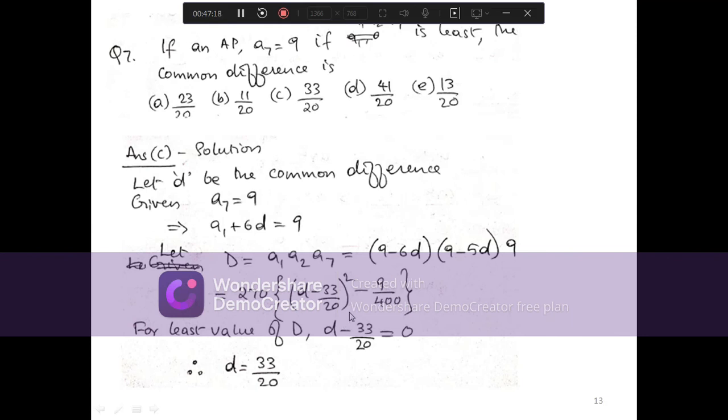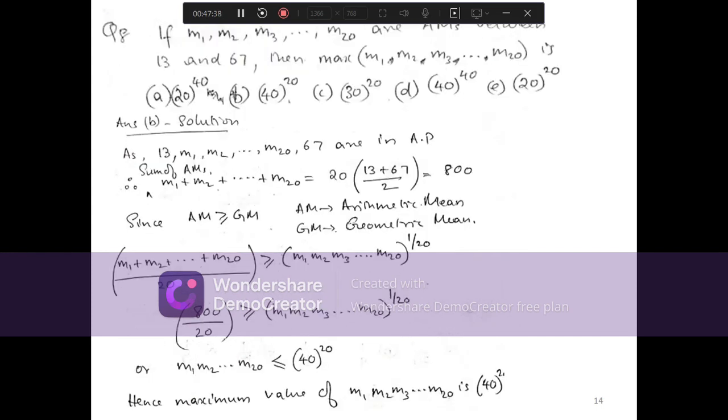When you simplify this equation, you will get 270 into d minus 33 by 20 whole square minus 9 by 400. So the least value is when d minus 33 by 20 equal to 0, which is d equal to 33 by 20. So next question,